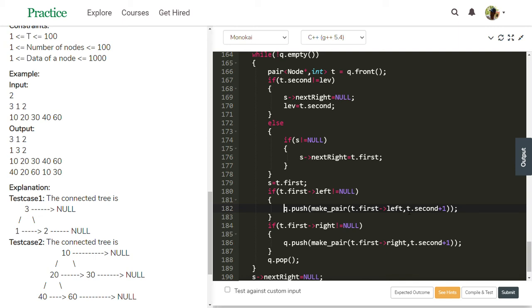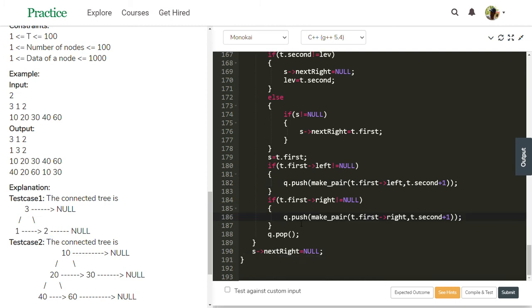This node address and its level is incremented by 1, because this node is in level 1. Then check this if condition, t dot first right. This node's right also is not null, it is true. Then this block executes: q dot push make pair t first right comma t dot second plus 1. Initial t second is 0, plus 1 is 1. This node is in level 1. Then q pop. This node's details popped out.